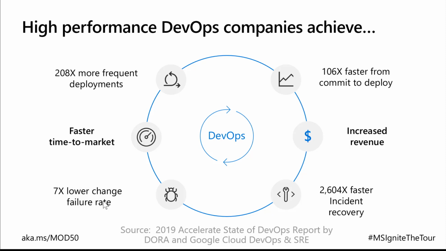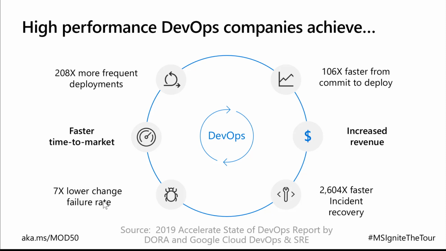106 times faster from commit to deploy. That's something that's really, really important as well. If you have a much faster process for commit to deploy, all those menial repetitive tasks that are required to actually get your code from a commit to test to release, you have more time to focus on the actual features and the things you want to deliver to your organization